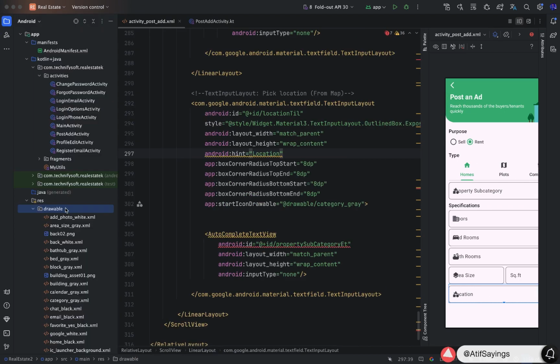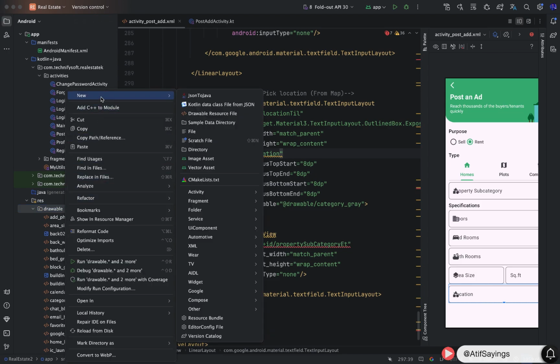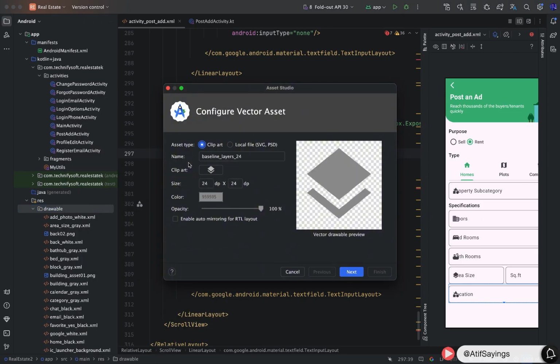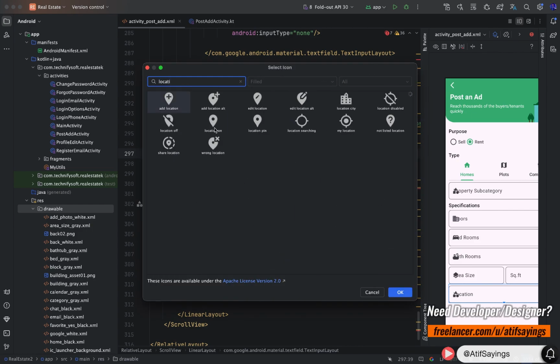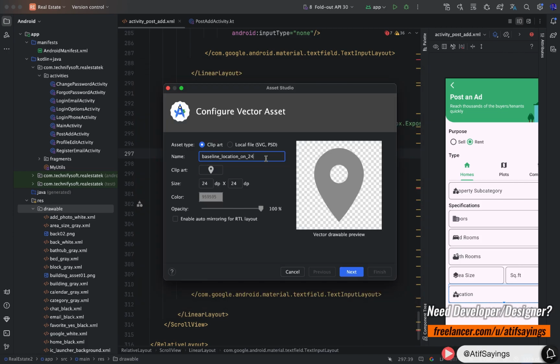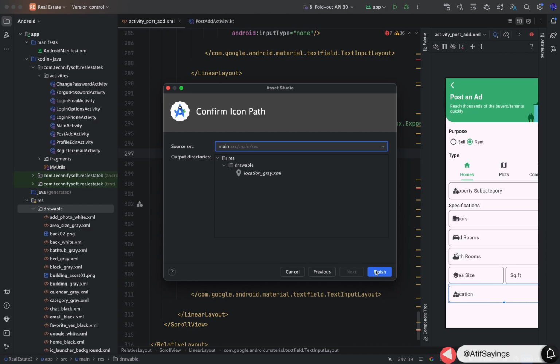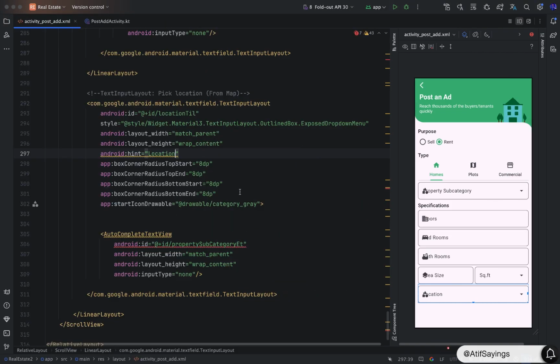For that, right click on drawable folder, click new, click vector asset, click the clip art icon, search for the icon with name location, choose an icon, click OK, rename the icon with name location grid, click next and finish. Now you can show that icon in start of this text input layout using its name,